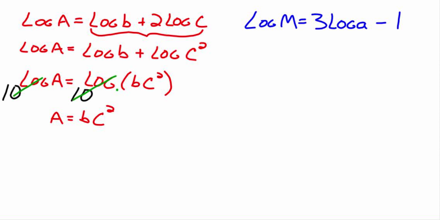Well, we have to think about what logarithm will calculate to 1. And we're already talking about log base 10 here. So log base 10 of m, remember if there's not a base there, it's the assumed 10. So we've got our log of m, we have our, let's just take this log of a cubed. We can get that out of the way to begin with, because we know we're trying to get rid of our logs. But before we can do anything with that 1, we have to think about what base and what number we would have to raise that to. So if we take log base 10 of 10,